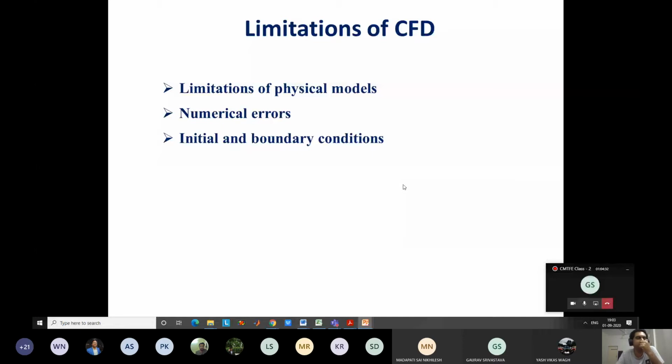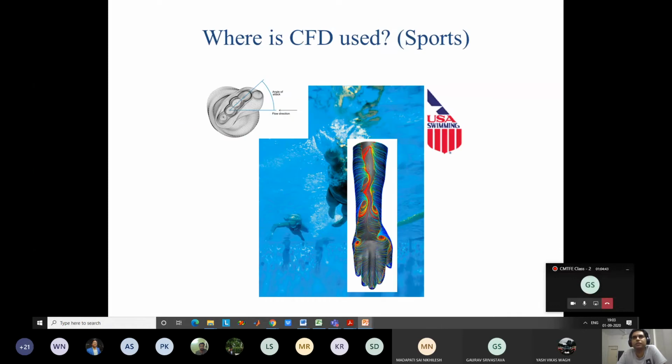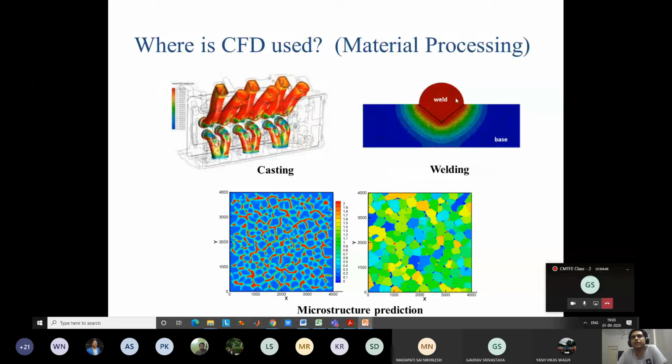Even for normal applications like welding, the boundary condition is not so easy. If you think about welding, what is happening? If we go back to this welding example, you are pouring some liquid, a small droplet of liquid, which is put from a solid stick that has been melted using arc melting or something like laser melting. Now the liquid is solidifying. So what should be the boundary condition at the top?